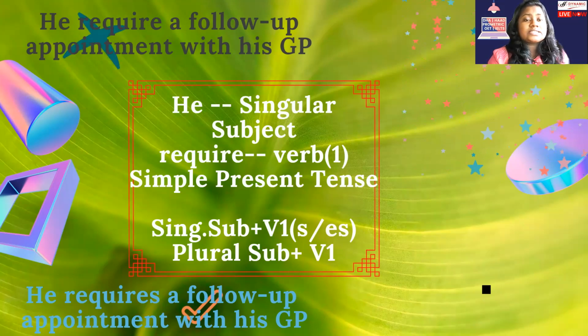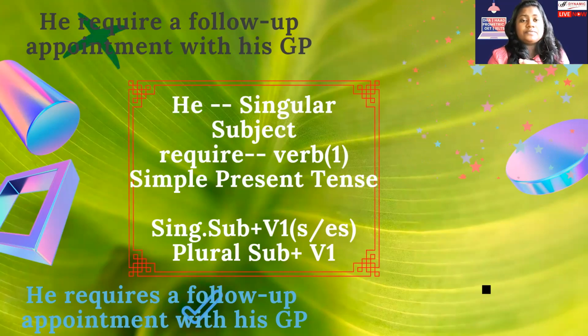So here you can see "he". He means only one. It represents the masculine gender. Only one person is there. That is singular. Otherwise it can be she, or it, or one single person's name. They come under a singular noun or a singular subject. So our rule is that these rules are for all tenses.